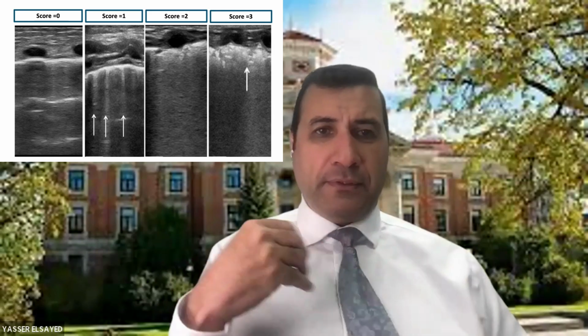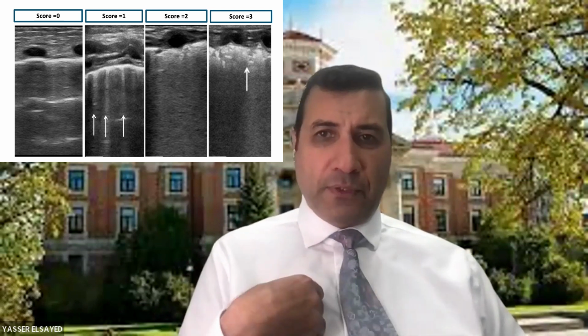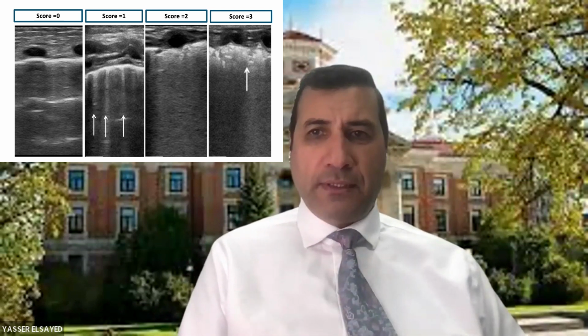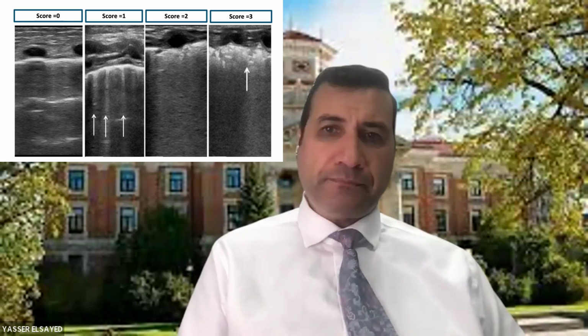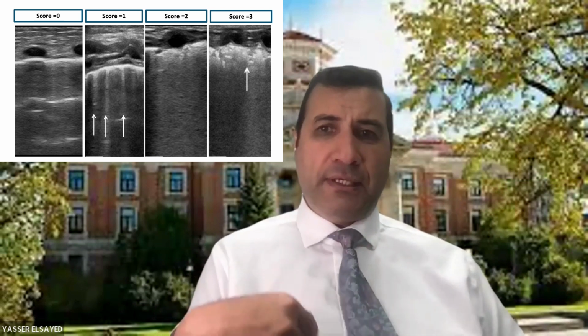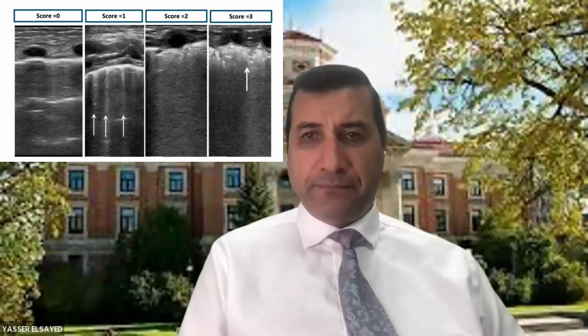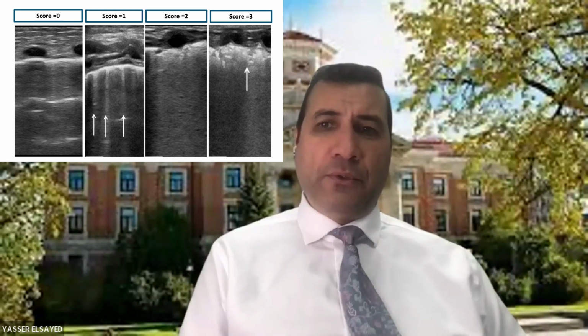And then if we score 3 zones on each side in neonates, we are talking about a total highest score of 18. In children and adults, we are scoring 4 zones in each side. So the highest score is 24. And if we include another 4 zones on the back, 2 on each side, then we're talking about a highest score of 36. So I hope that I summarized lung ultrasound